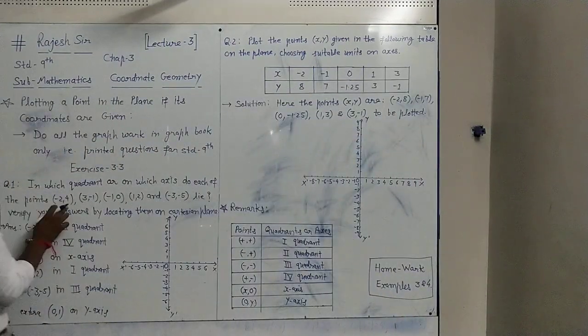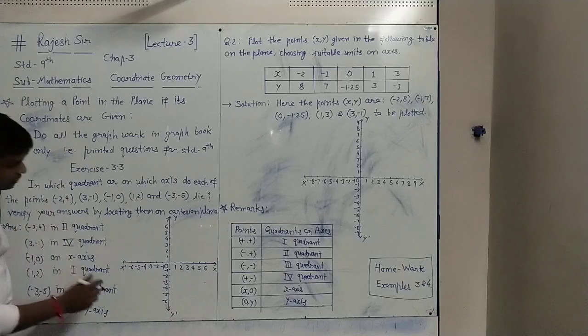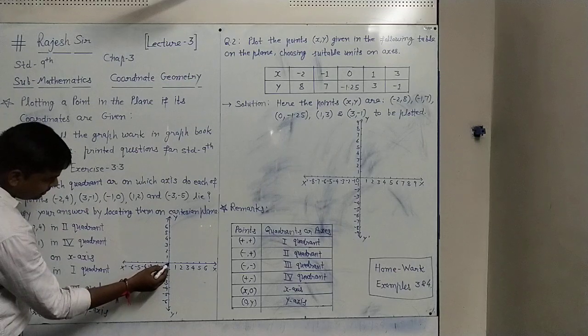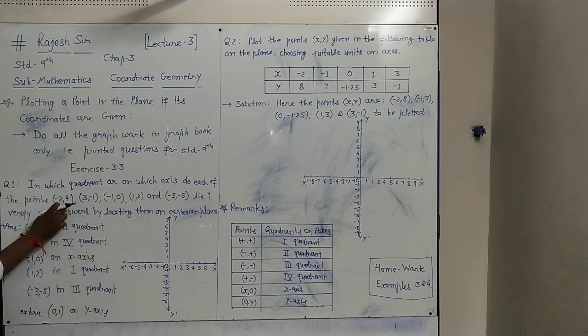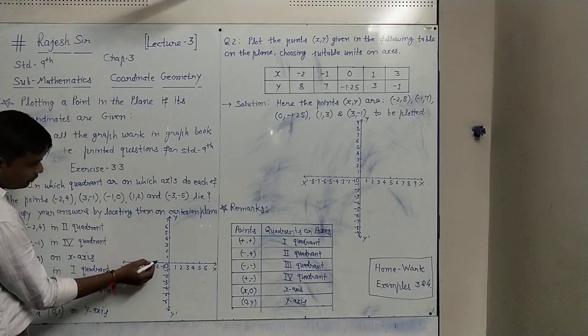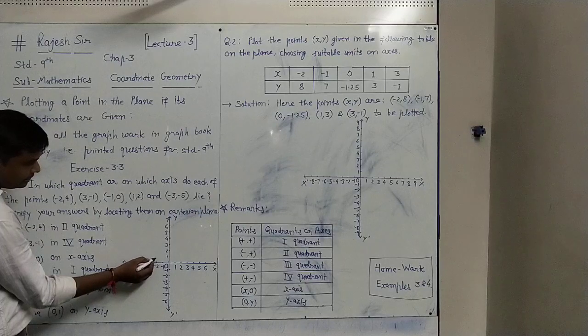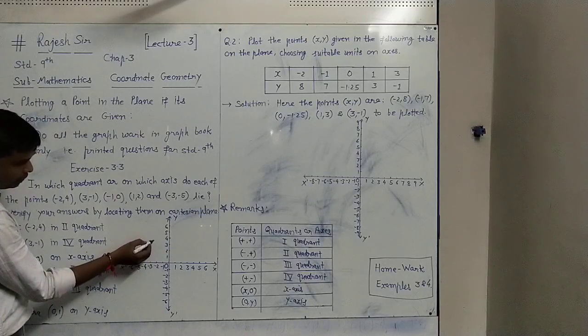So for the first point (-2, 4), -2 is the x coordinate and 4 is the y coordinate. So we first mark -2 on the x-axis, here it will be, and then +4 on the y coordinate, the distance from the x-axis is +4 here. So the point -2 and +4